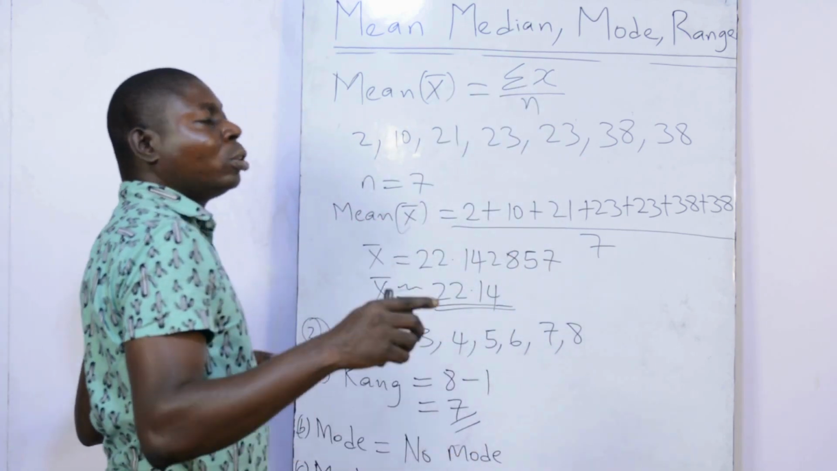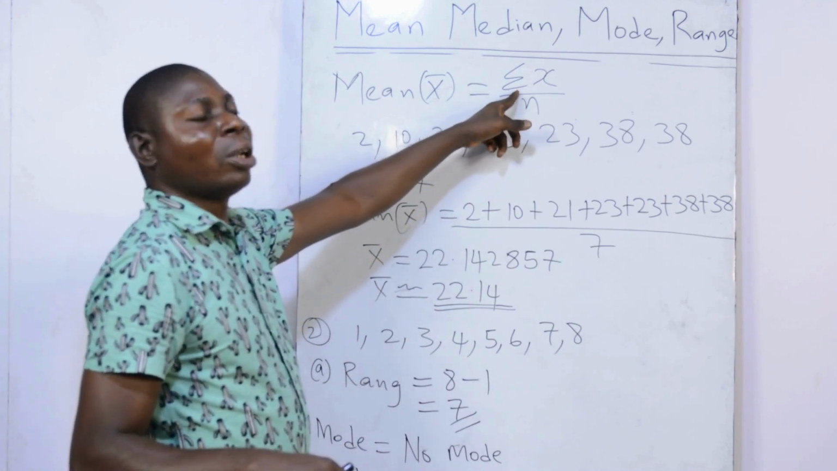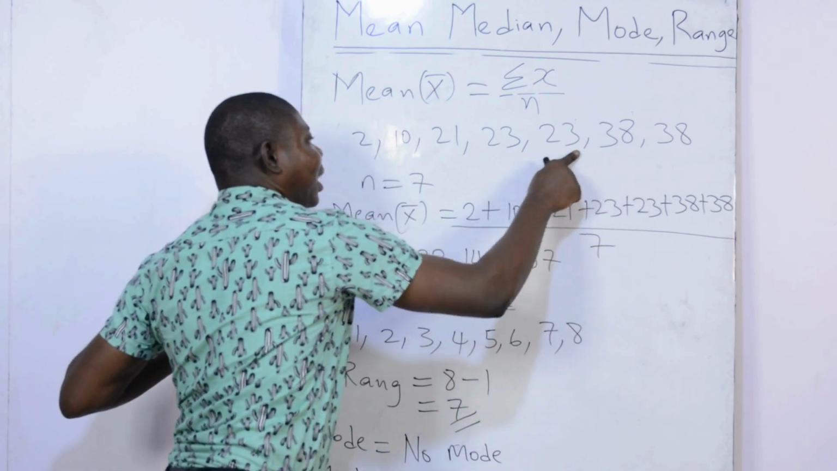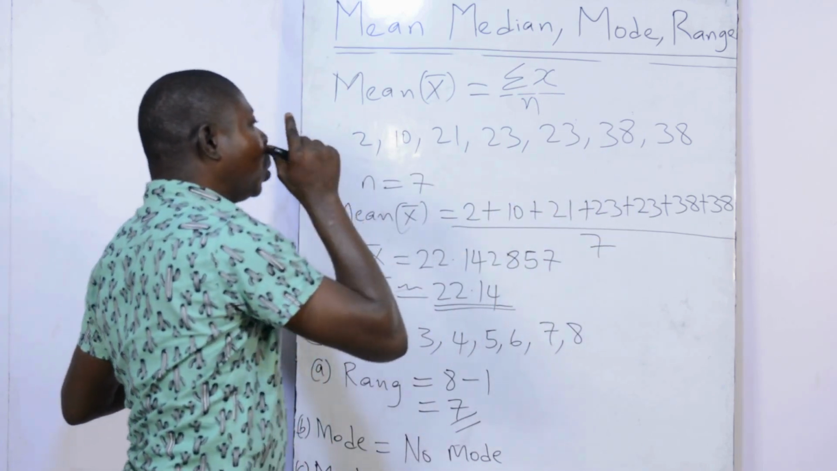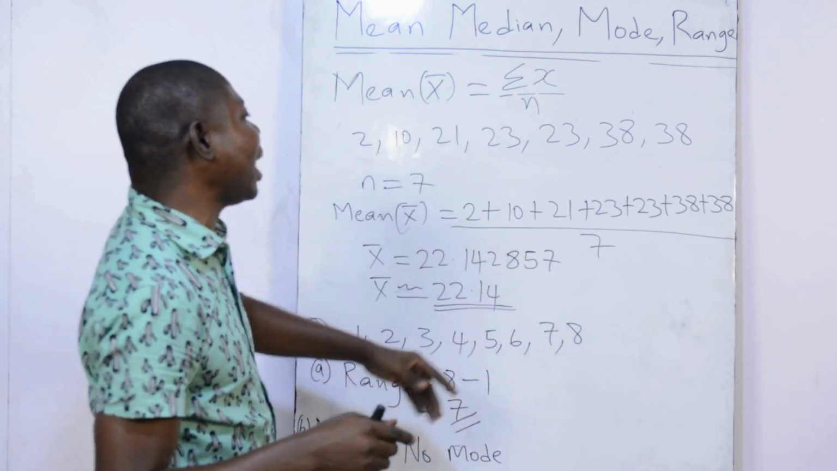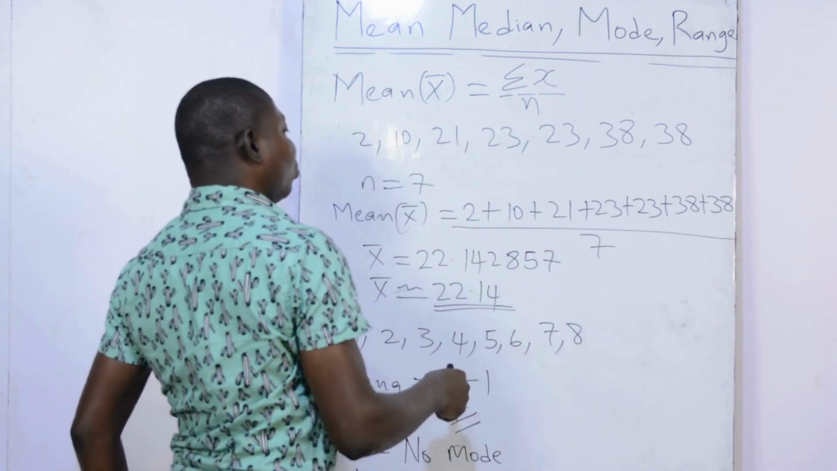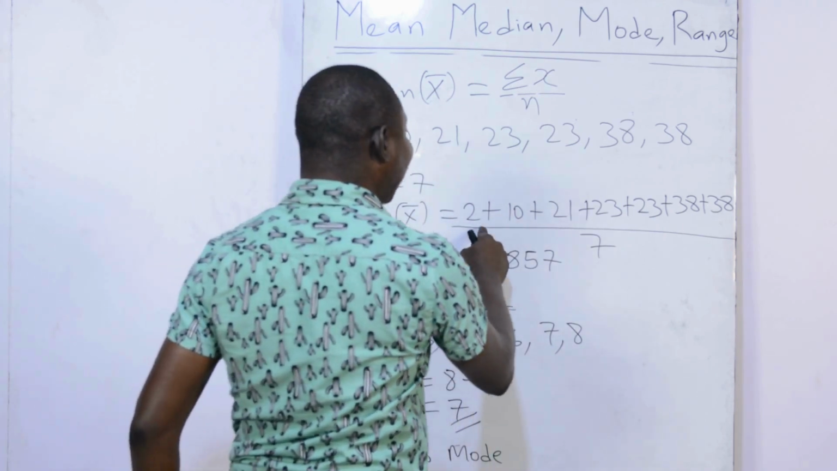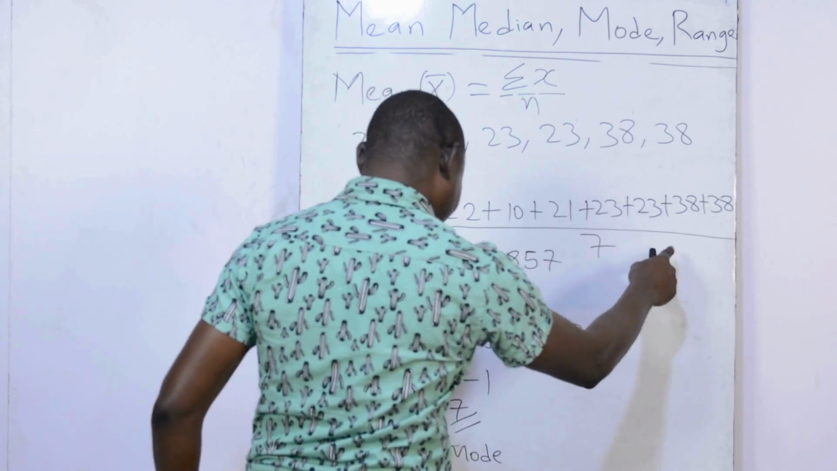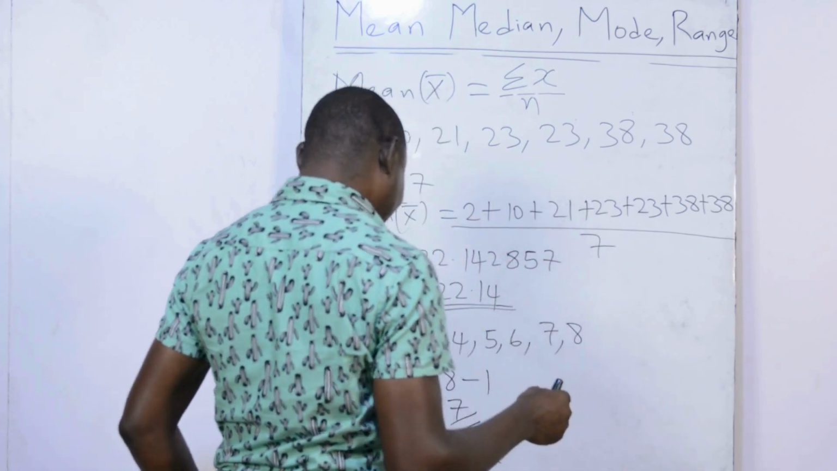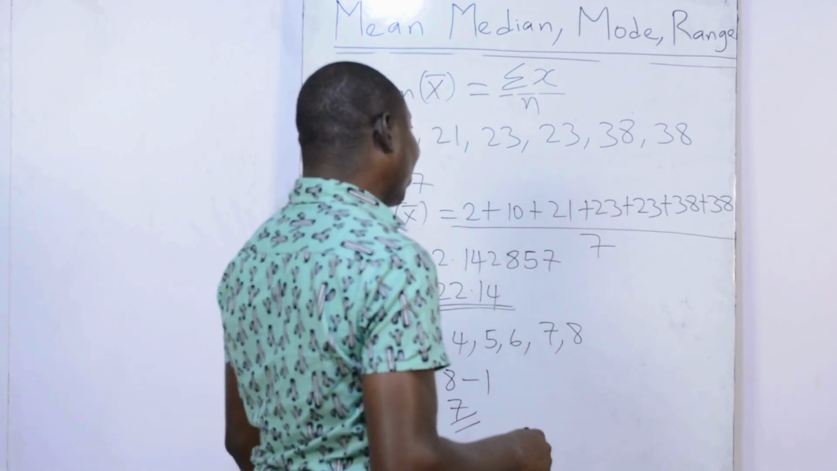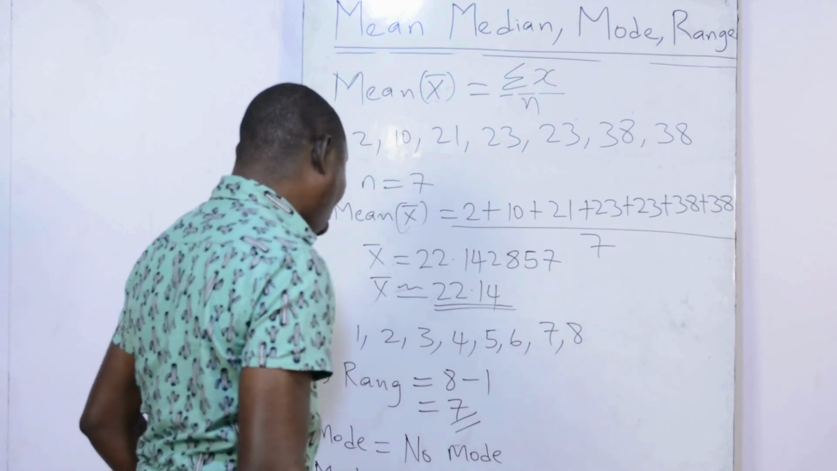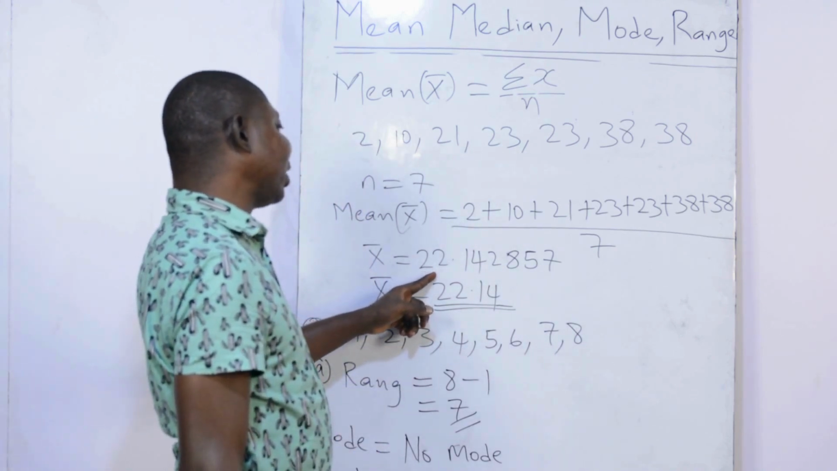Then summation X. I told you this one is sum, addition. X, that is data. So you will add everything together divided by N, and you will get your mean. So let's add it together. After you add everything together and divide it by 7, you will get your mean, which is